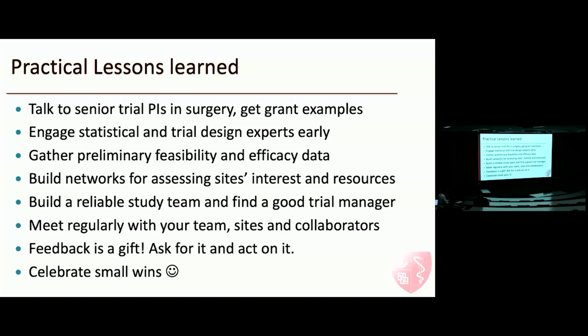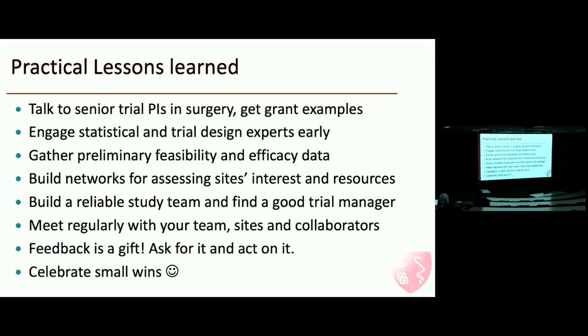Building networks for assessing sites' interest and resources is very, very important. You might have a site that has a large volume of the patients you're interested in, but if they won't take your phone call and they're not recruiting, that site is of no value to you. So building those networks and making sure that the sites you're assembling are truly going to believe in the equipoise of the trial, would be willing to randomize so that you don't have contamination, be willing to follow the site protocols and be able to course correct if they're not meeting recruitment targets, and be willing to put in resources, because for what we pay for clinical trials to actually happen, the sites have to put in a lot more of their own resources to actually do these trials.